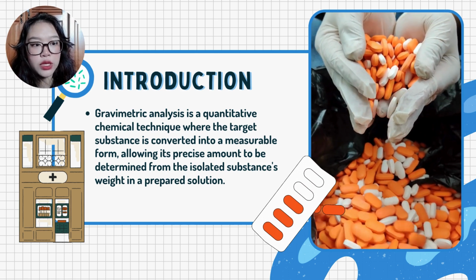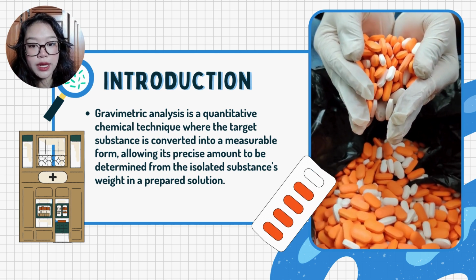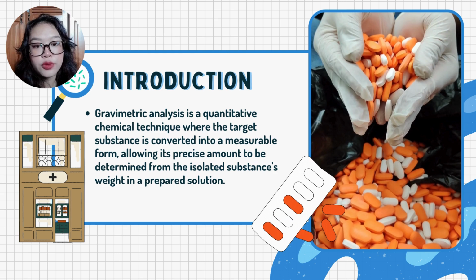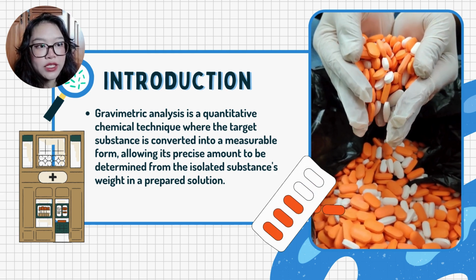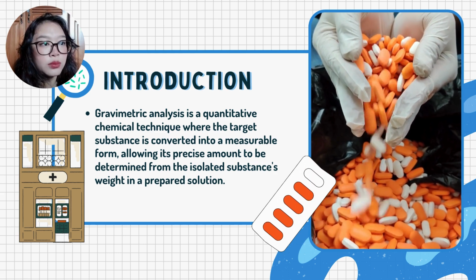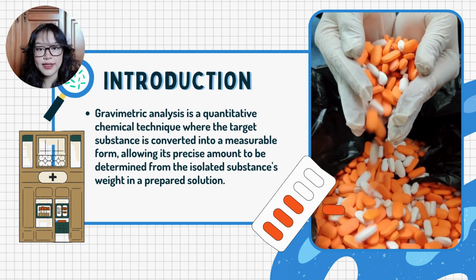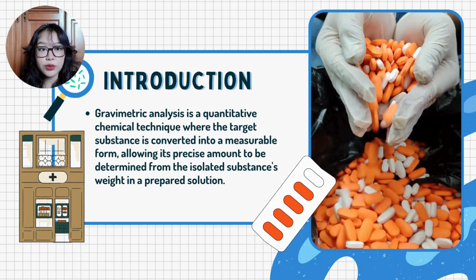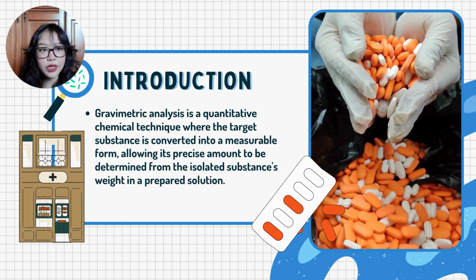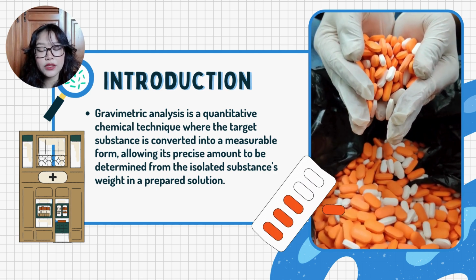Additionally, gravimetric analysis is used to verify the purity of raw materials. By ensuring that only high-quality, pure ingredients are used, the pharmaceutical industry can maintain the integrity and quality of its product. This method helps in quality control and regulatory compliance, both of which are vital in the production of safe